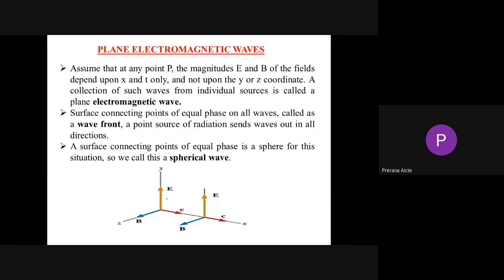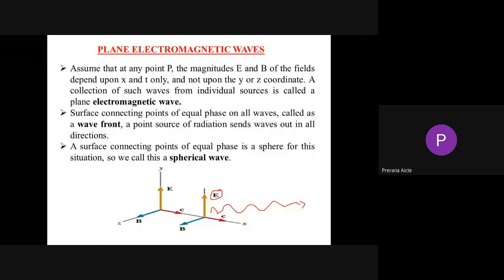You can take any direction. Suppose if it is x, y, and z directions, whatever it may be. Here you can consider the y direction as the electric field, the z direction as the magnetic field, and the x direction as the direction in which the electromagnetic waves propagate in the free space medium